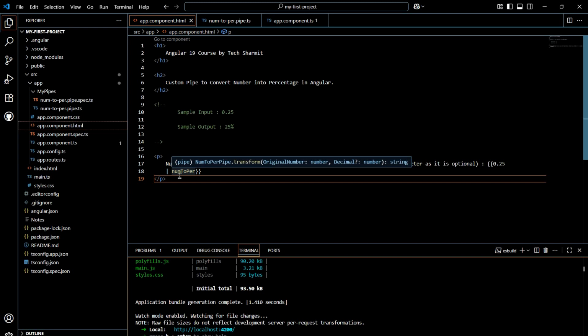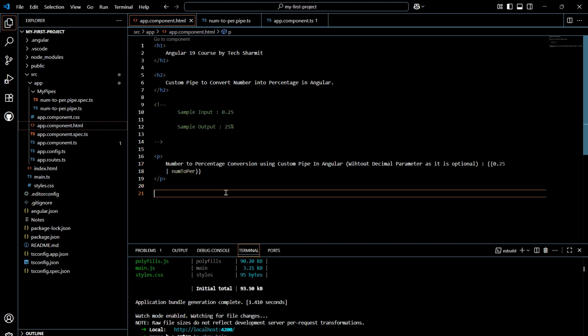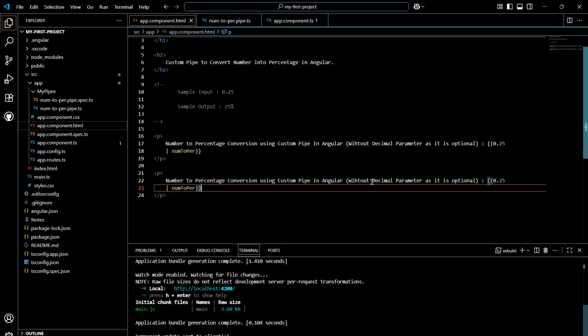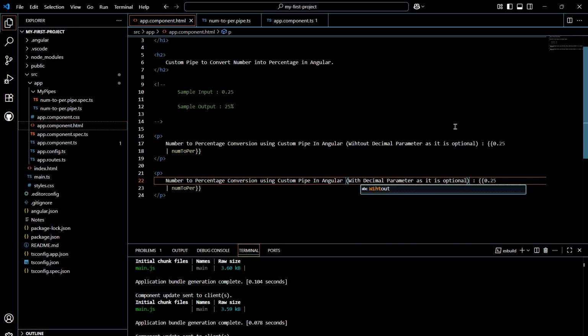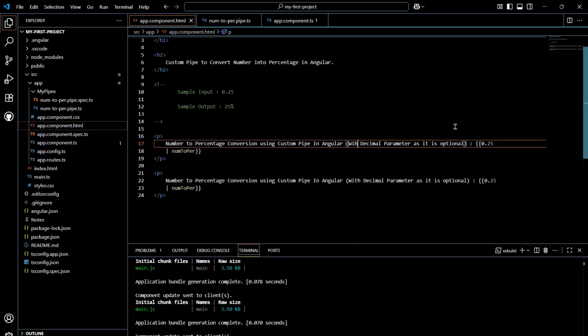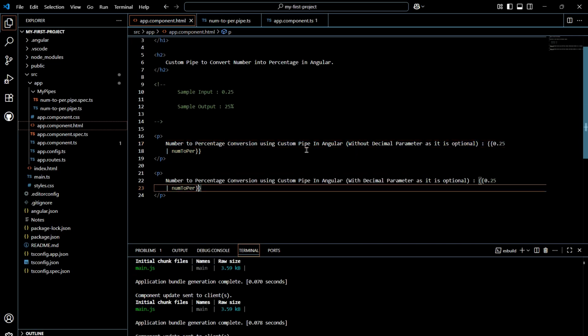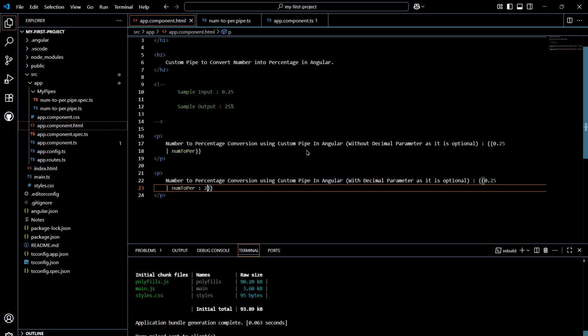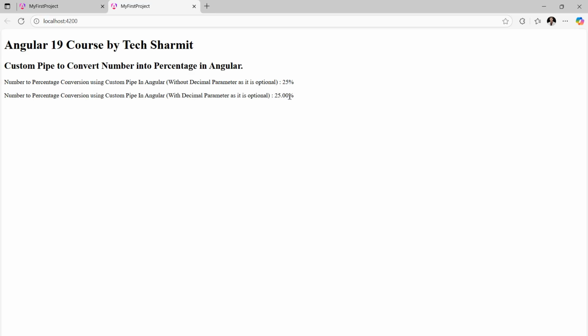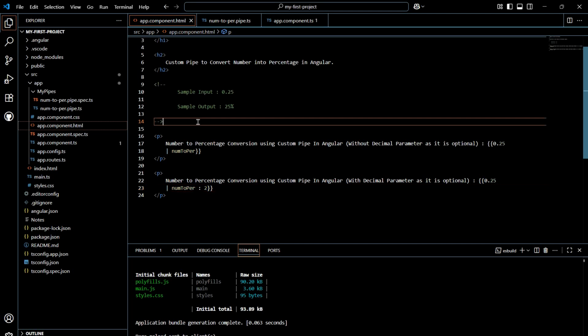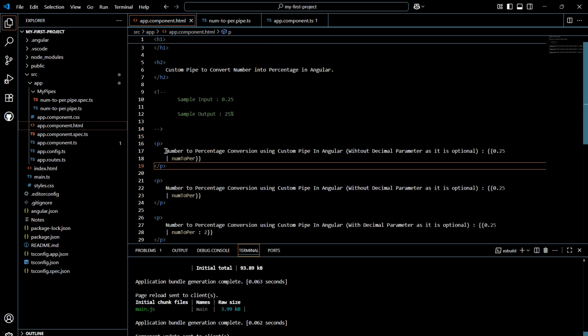Likewise, if you want to convert it with some decimal parameter, you can just copy paste to save time, and here I'll just make it with instead of without. Okay, something is wrong with the spelling also, so let's fix it. Okay, and here I'll just put one more variable, which is optional, so I'll write 2 here. So what it will do is add 2 decimal points after the value. You can see here 25.00%. Okay, and what was the original value? If I want to show you,